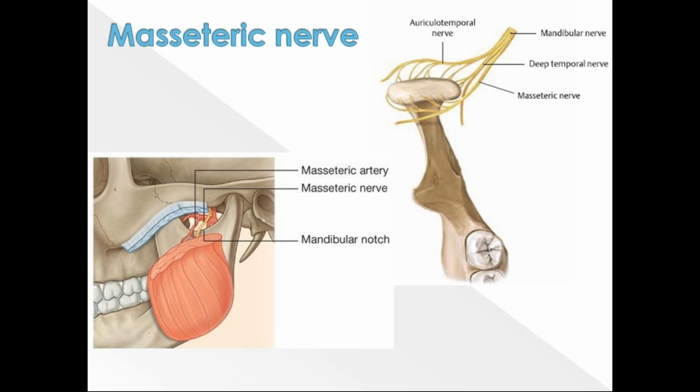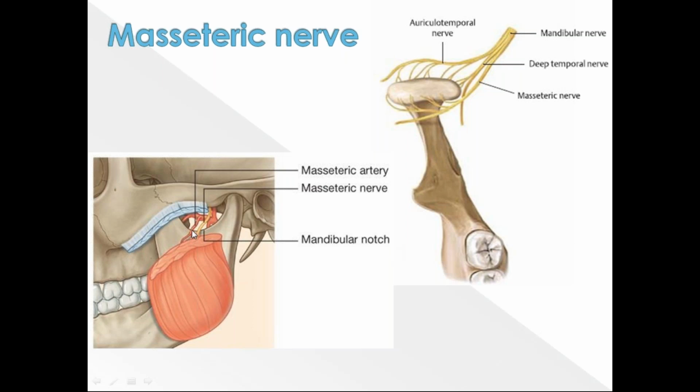Now, the lateral pterygoid supplies lateral pterygoid. Buccal nerve is a sensory branch of the anterior division. Actually, it emerges between the two heads of lateral pterygoid. It appears on the cheek and supplies the skin and the mucous membrane of the cheek or the buccal region, but it does not supply the buccinator muscle.